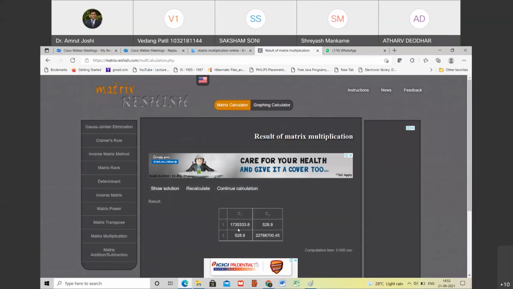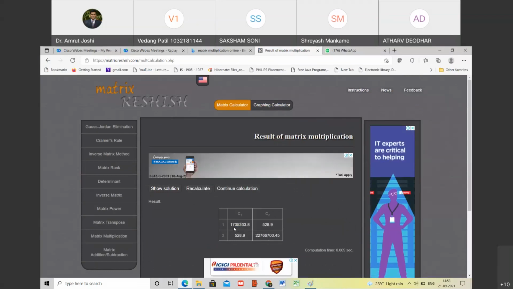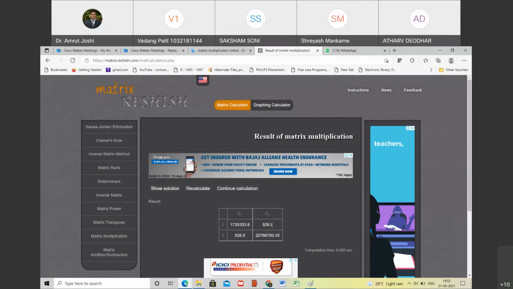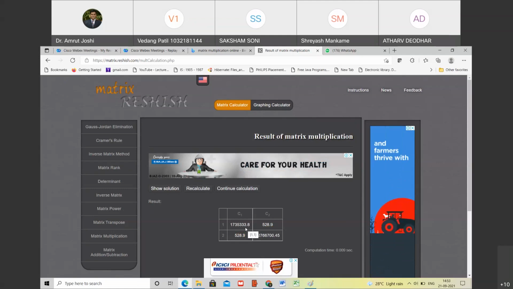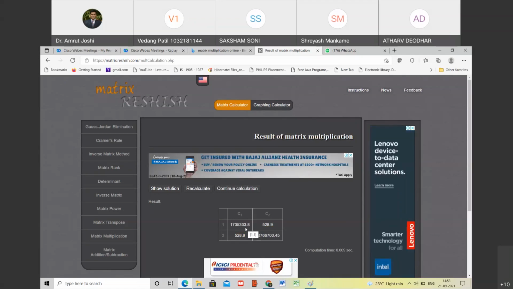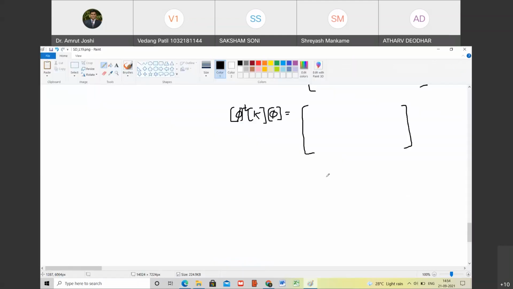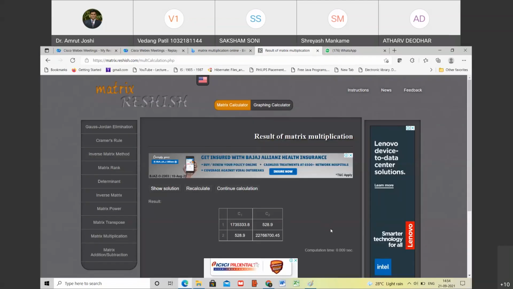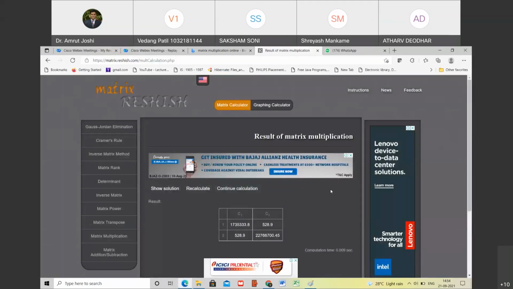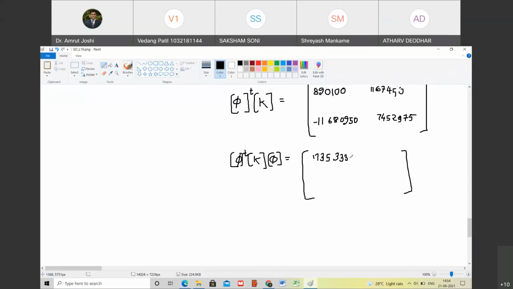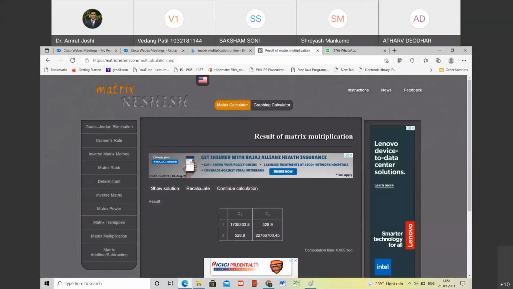So now you have to always look in comparison with this 1735333. Are you with me? This value is very small in comparison with this. In fact, it should come out to be 0. I encourage you to do the calculations without rounding off. You can consider up to 4 digits and you will see that these values will vanish. Are you with me? Yes, sir. So what is this value? It is 1735333.8.